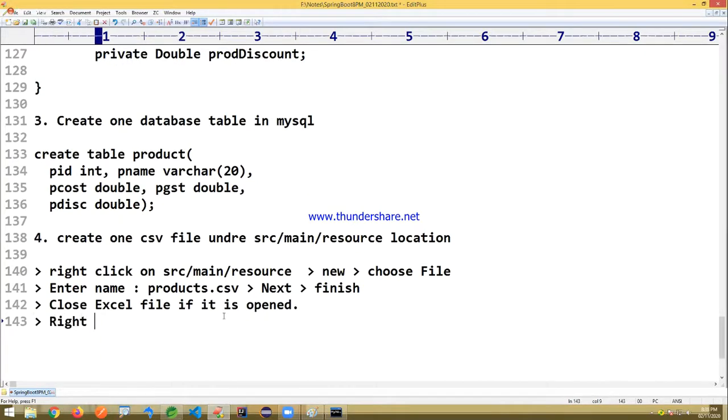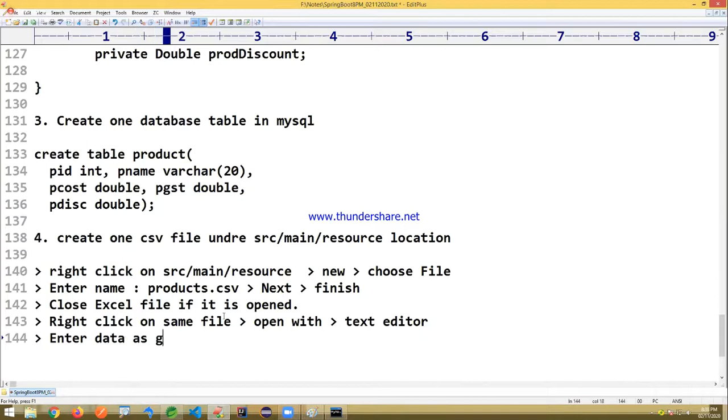Okay. Right click on the same file. Open with text editor. Enter data as given below and save the file. Okay, you have to enter the data as given below and save here.